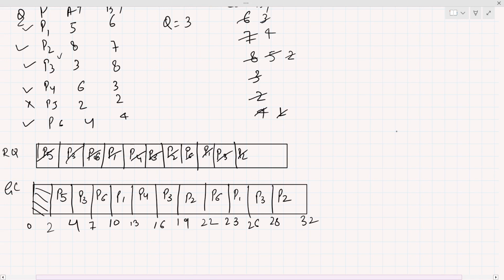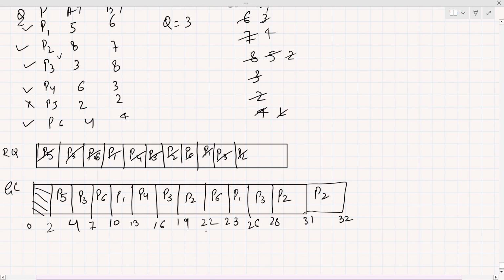This thing cannot be possible. What you have to do is execute P2 only 3 units of time, from 28 to 29, 30 and 31. After that, P2 again gets the CPU, so you have to make it like this from 31 to 32. If you do not make it like this, you are making a mistake while calculating context switching,